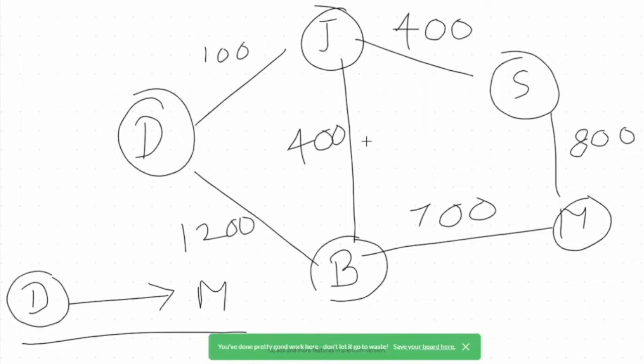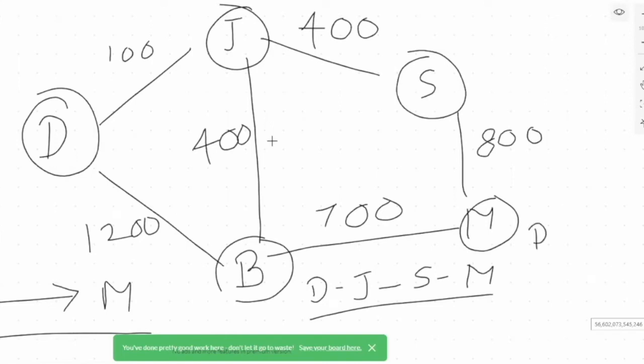So what you will do, you will start from Delhi. You see what options I can have from Delhi. I can go to Jaipur or I can go to Bangalore. Once I reach Jaipur, I know from Jaipur I can go to Satna, and from Satna I can reach Mumbai. So that's one path. From Delhi, I can go to Jaipur. From Jaipur, I can go to Satna, and then from Satna, I can reach Mumbai. That's one path. Second path can be I can go to Delhi, and then from Delhi to Bangalore, and from Bangalore I can go to Bombay. That's another path, right? So there are multiple paths like this, right?